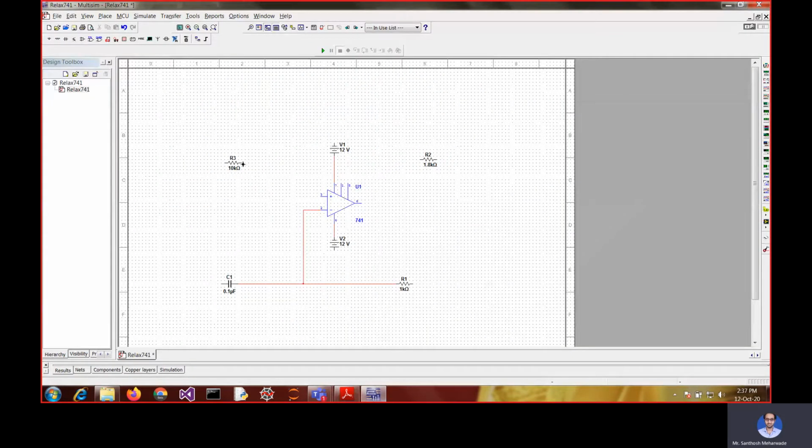Once it is done, then similarly you can perform for this one also. R3 and R2 are connected. You can see that it is somewhat below, so it is better that I bring it up. Now I can connect these two. You can see that they are in a straight line. You have to select this particular component and drag. It is also possible, but whenever you are giving the connections in this way, you should be careful that this wire should not touch this wire, otherwise you will get some other kind of output.